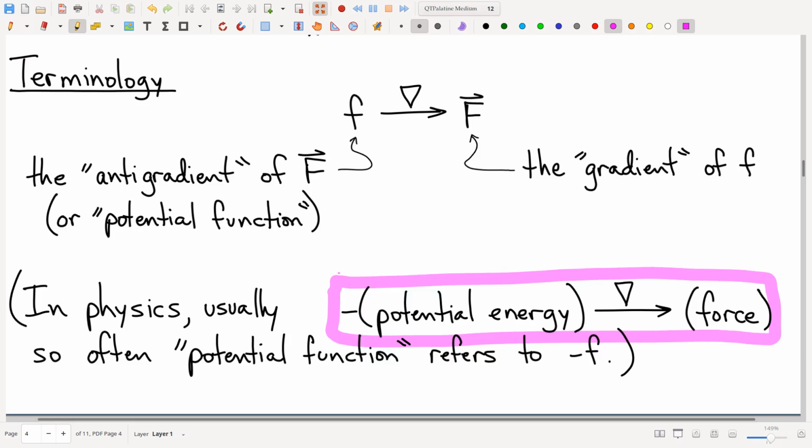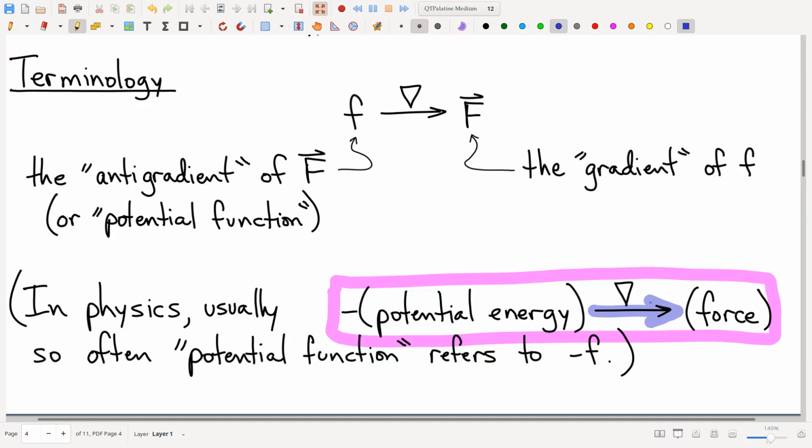Right? What's the deal with potential energy? Well, potential energy is higher as you go higher. The formula for potential energy is literally some constant times altitude. Higher altitude, higher potential energy. What's the gradient of a function that's increasing as we go that way? Well, the gradient is up. The force is down, but the gradient is up. So in fact, yes, it is true that the process of computing the gradient of potential energy very closely